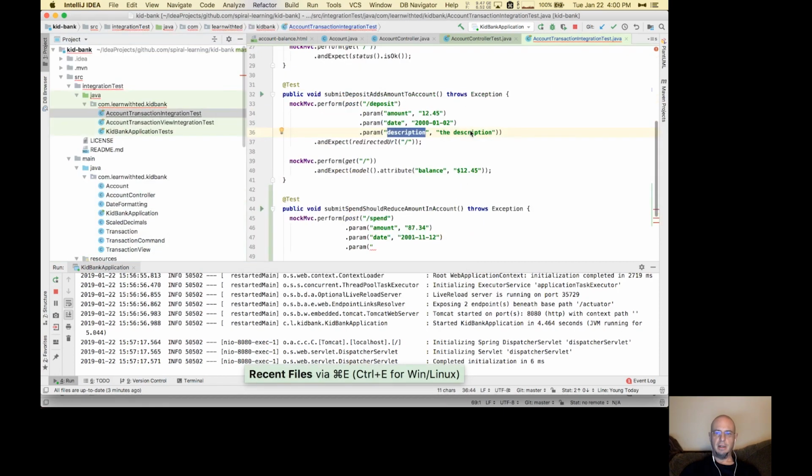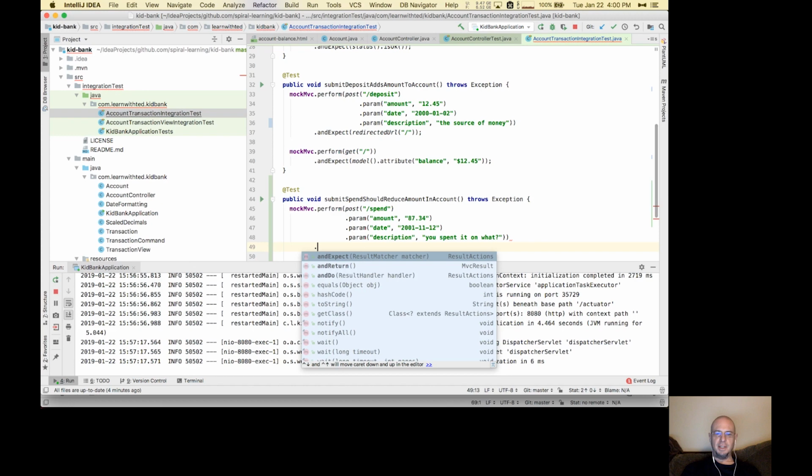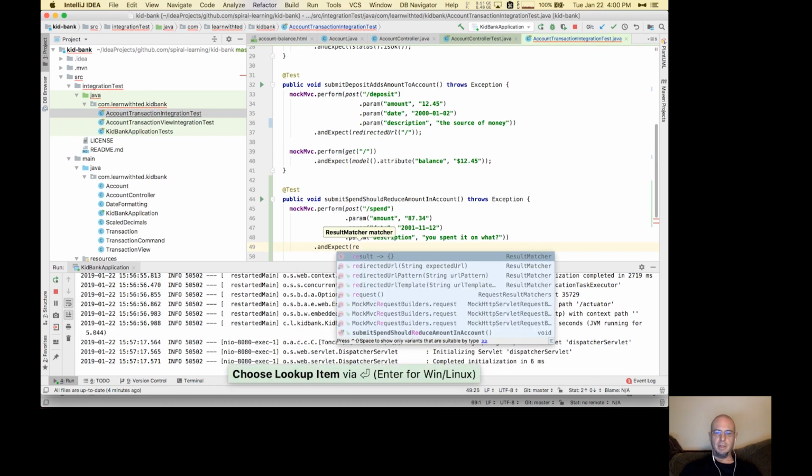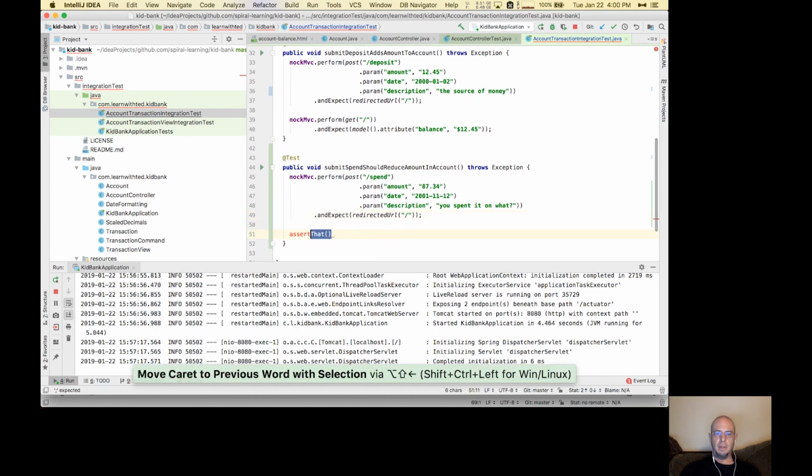So we'll go back here. So description, let's say source of money. Nobody will ever see that until it fails. And this is also description. Video game. Nobody will ever see that except for me. So we expect it to be a redirected URL. And then we can do a get and ensure that the balance is